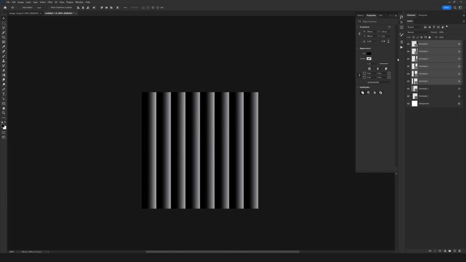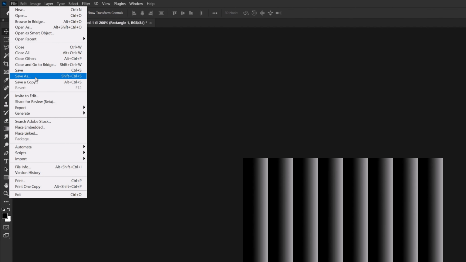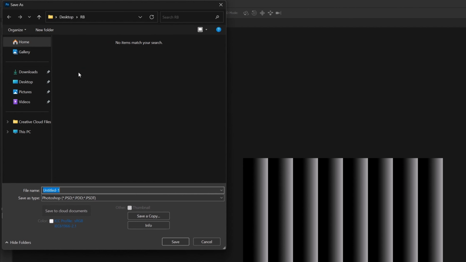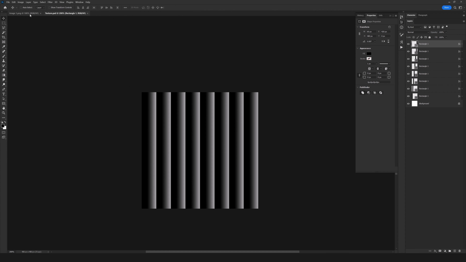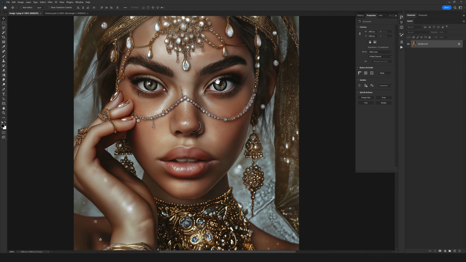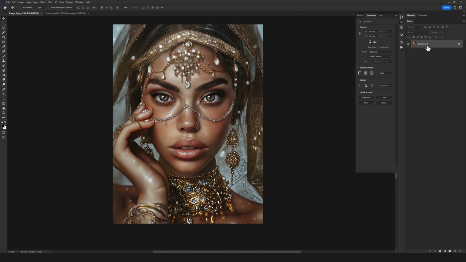So in this step, we need to save it. File, save as, and I'm going to name it text right here. Save, and that's it. So we come back to our photo right here, and